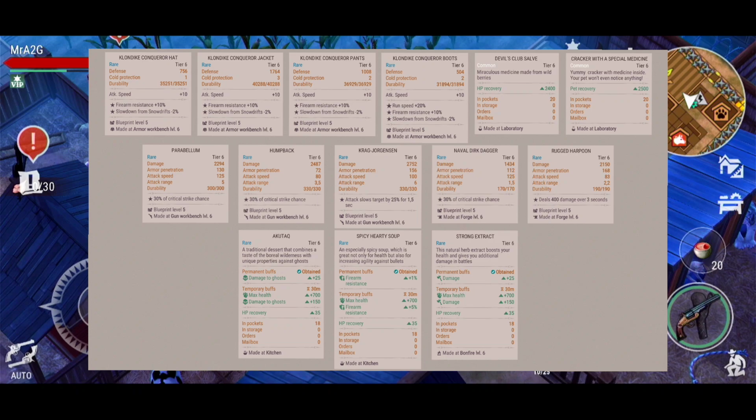1434, and armor pen 112. Actually, I noticed the Crag Jorgensen doesn't have the 30% critical strike chance. It's obviously by design. They're not going to actually give you everything related to the weapon. So honestly, if you're looking at it, between the Crag Jorgensen and the Humpback, I think they're the two weapons to look at, and you'd have to do some comparative runs on them to see how well the